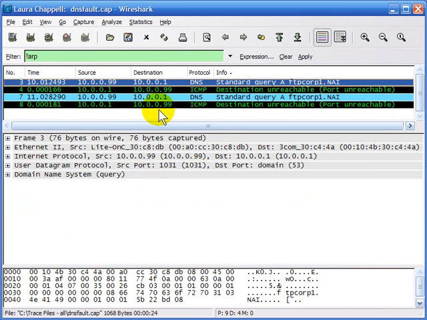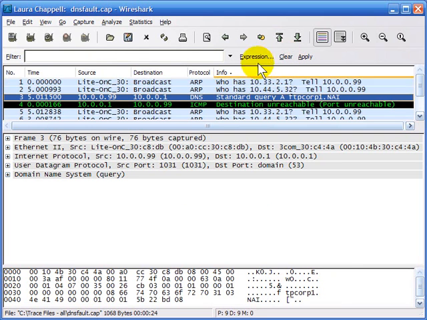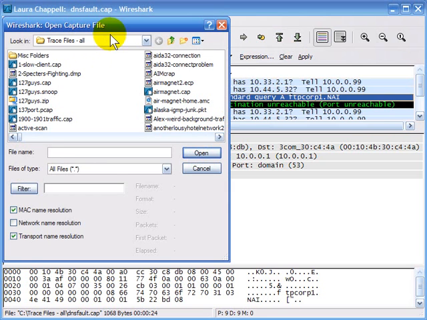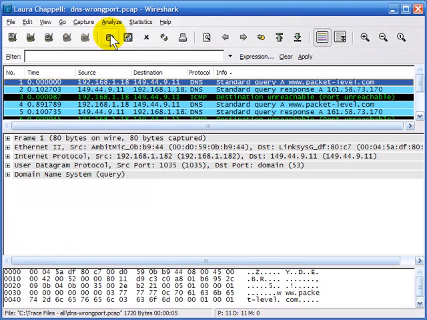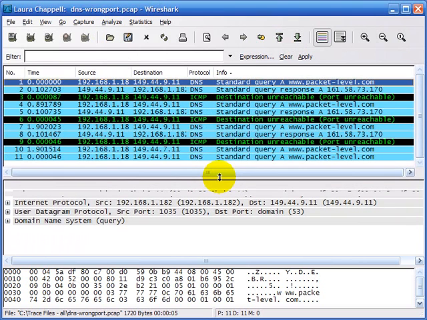Now I want to show you a trace file that's really strange, and I've seen this happen several times, but I'll open it up for you. It has to do with the wrong port setting in the response packets from the server. I'm going to clear out the filter that I had in that last trace, and I'm going to open a trace called DNS-wrongport.pcap. As we look at this trace, we can see already that we've got these destination unreachable packets coming across